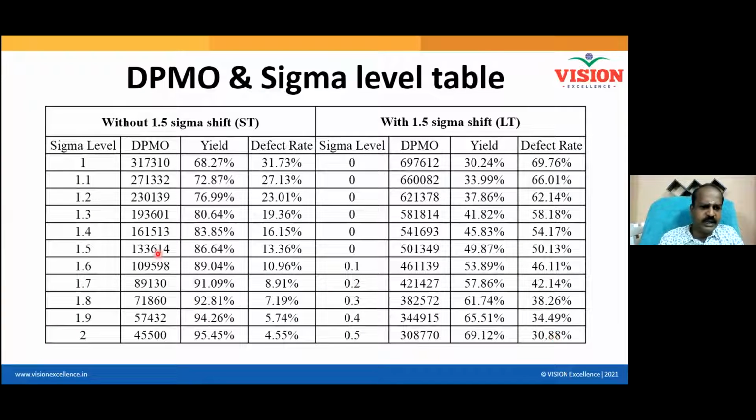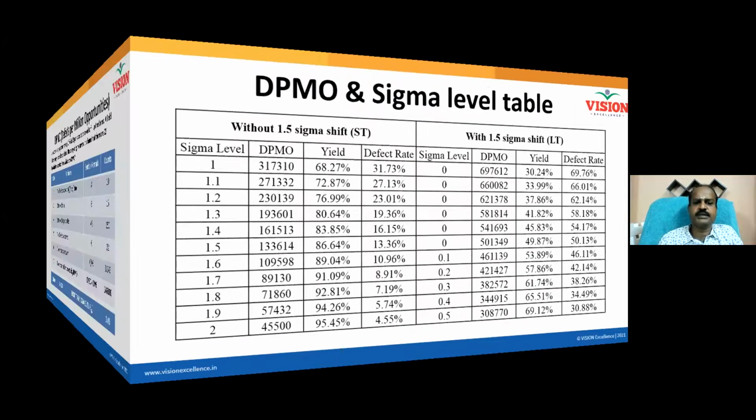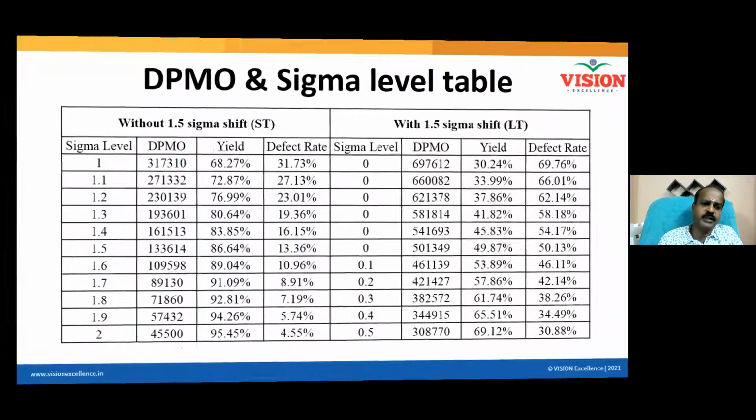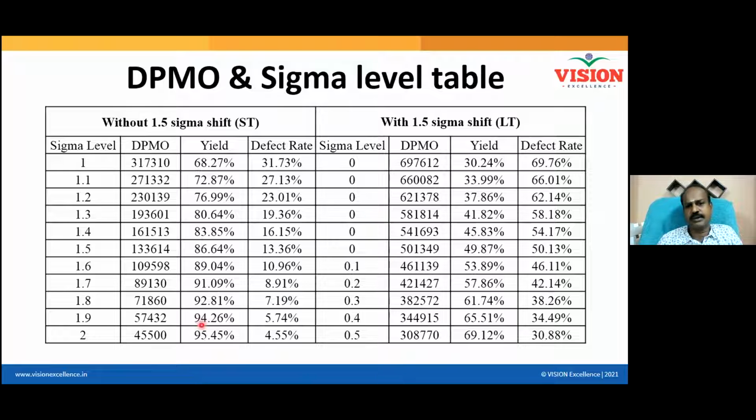sharing. See, 1,45,000 somewhere comes here in between 133 and 160. 1,33,000 and this is 1,60,000. So it is in between 1.4 and 1.5. So it is written as 1.45. 1.45 for the short term. And then again for between short term and long term, you have to deduct minus 1.5, right? 2 means give you 0.5 and something like that.